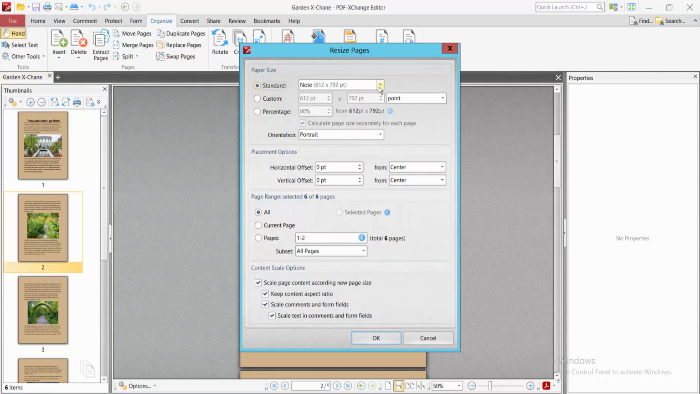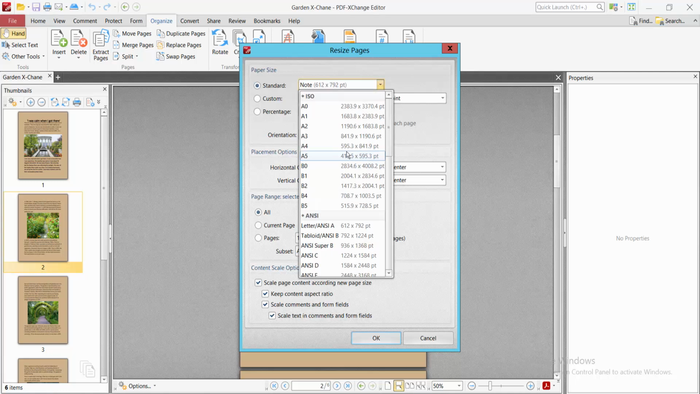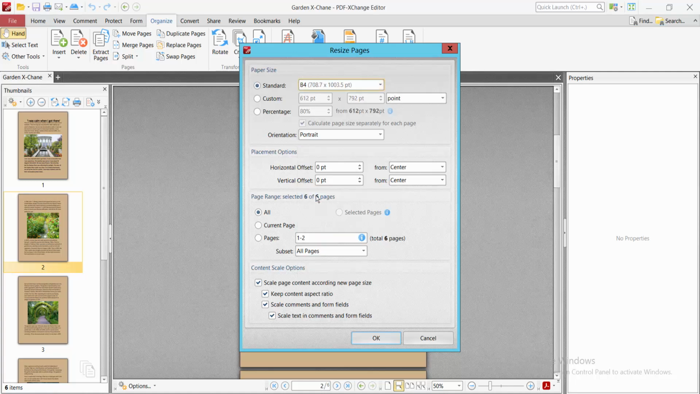Now select the Organize option and select the Resize option. In the standard dialog box, click this arrow and scroll up, and here you will find this B4 option. Select it. Now select the point unit, and select all pages or a specific page as well, and finally select